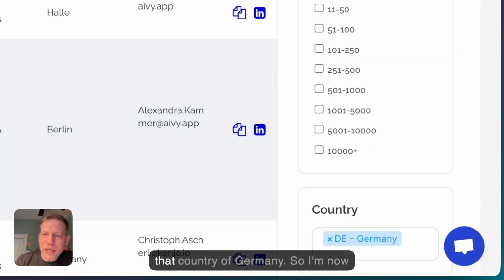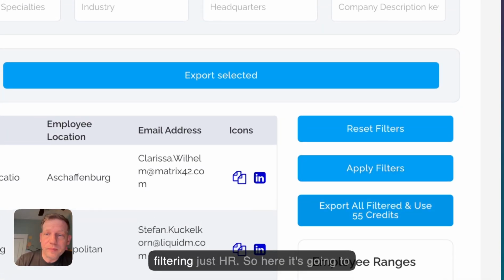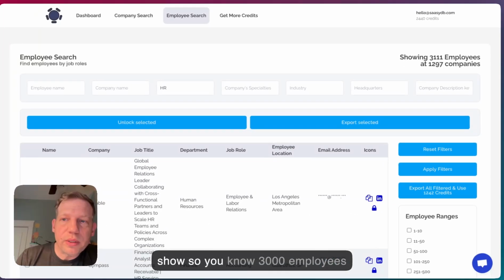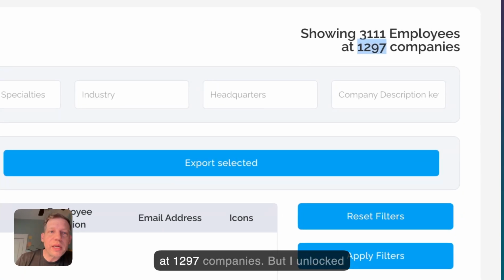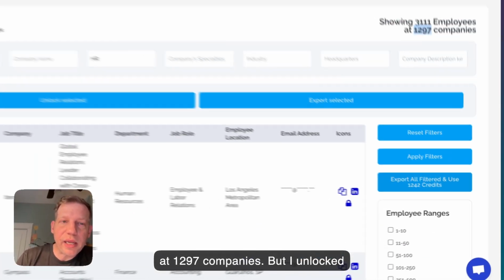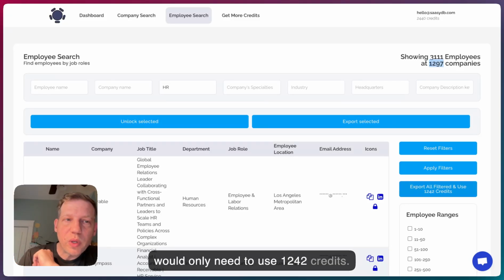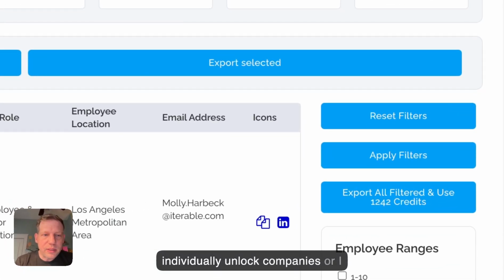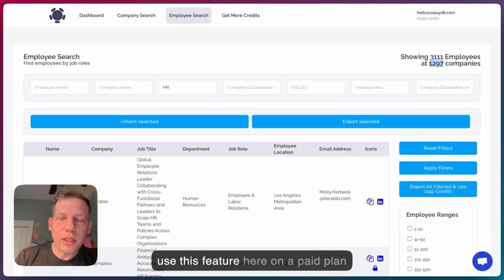Now let's say I get rid of that country, Germany. So I'm now filtering just HR. So here it's going to show 3,000 employees at 1,297 companies. But I unlocked and exported from those German companies, so to export these, I would only need to use 1,242 credits. Hopefully that makes sense. You can individually unlock companies, or